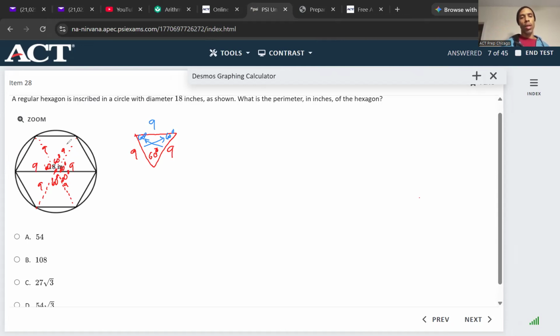So I took out one of these triangles. The radius was 9 here. The radius was 9 there. I told you that the full circle is 360, but because this is a regular hexagon, all these angles are going to be equal when you break it into parts. So all of these are going to be 60 because it's 6 angles in the middle, 1, 2, 3, 4, 5, 6. 360 divided by 6 will be 60 for each interior angle. And once you do that,